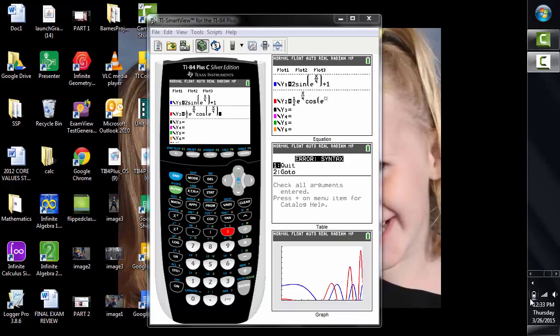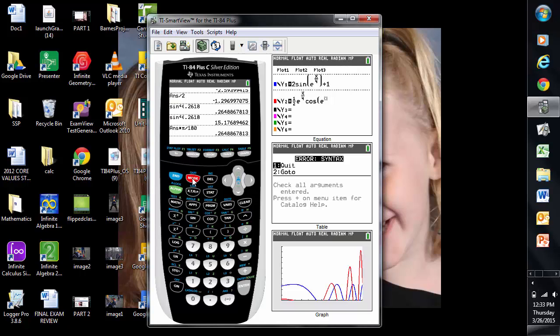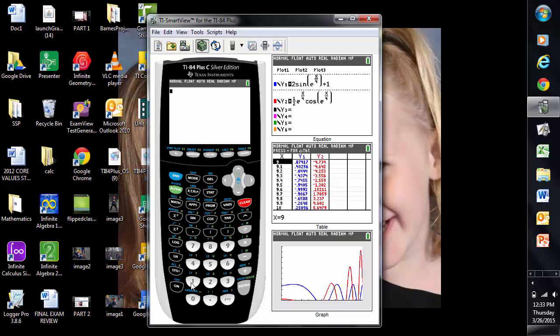First thing we're going to talk about is whether the speed of the particle is increasing or decreasing at time t equals 5.5. Well, y1 is the velocity function and y2 is the acceleration function. So here's what we need to do. Remember, for a particle to be speeding up, velocity and acceleration have to have the same sign. So I'm going to store 5.5 in x, and I'm going to evaluate y1 and y2 and see what their